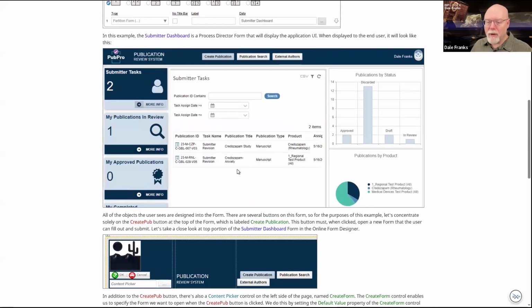For example, you've seen what I've showed you just now. This is what PubPro, which is an application we built for medical companies, pharmaceutical companies, device companies to review and approve publications. It's called PubPro. This is what its UI looks like.